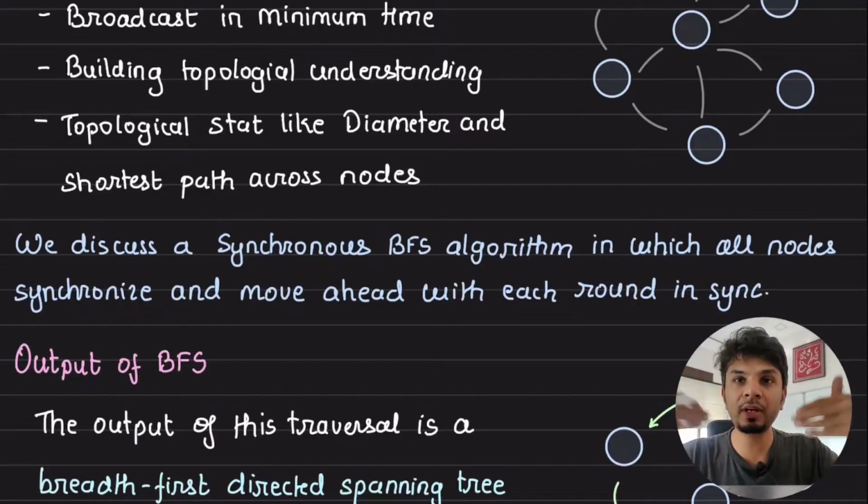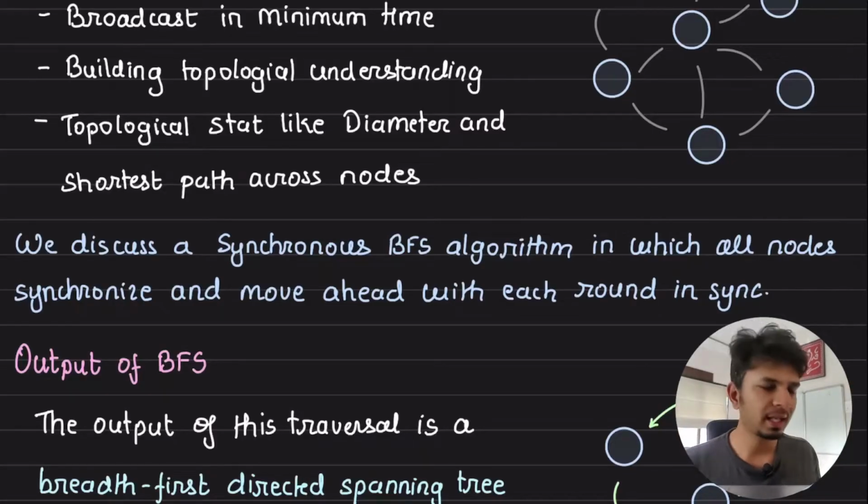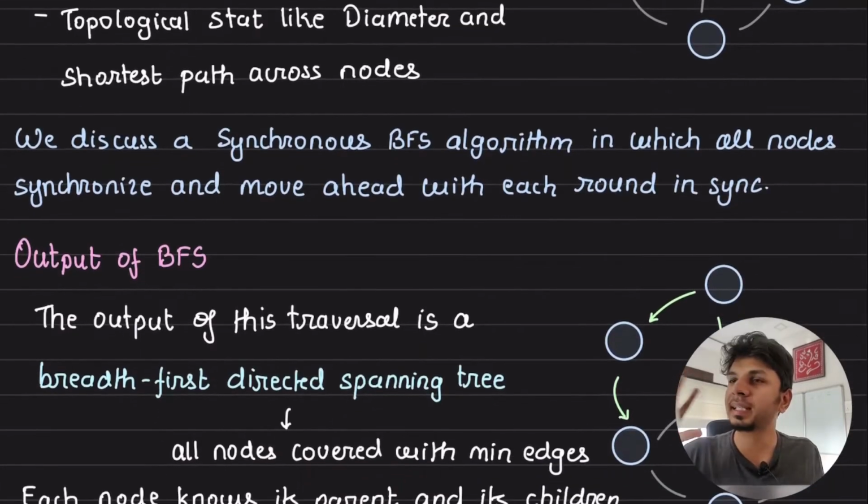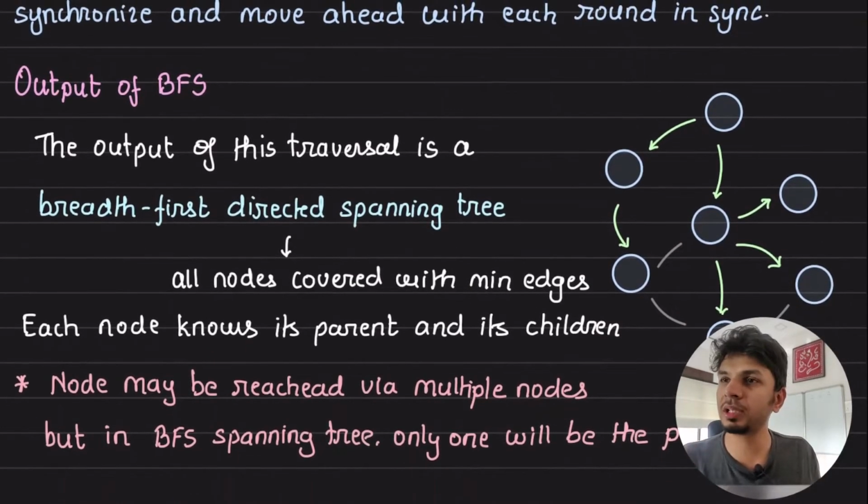So they would be moving forward in sync, right? Okay. Now that we discussed the problem statement and what we are doing, what would be the output of our algorithm? Because it's a breadth-first search traversal, the output of this traversal would be a breadth-first directed spanning tree, which